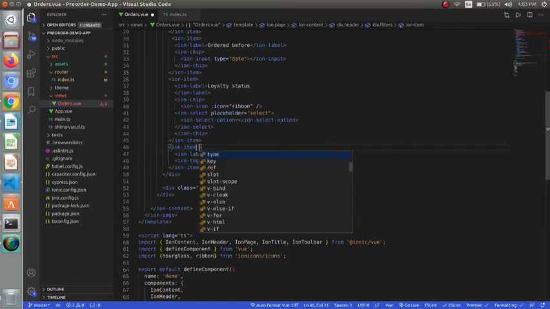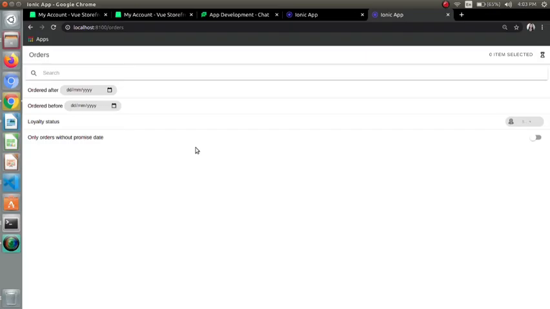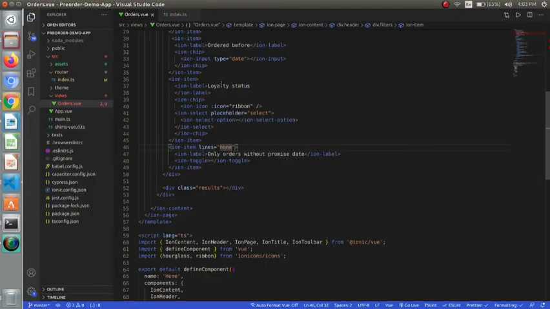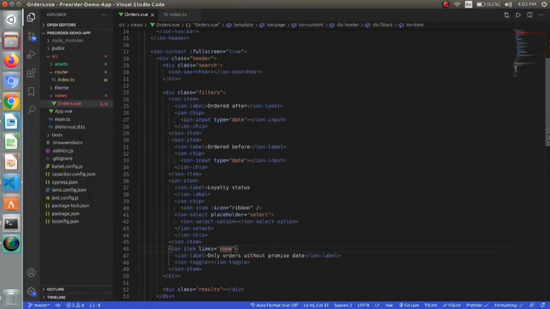Now let's just provide the slot to my first two items. As the last item is at last, I will remove the lines and will provide a slot end to both the first two items.